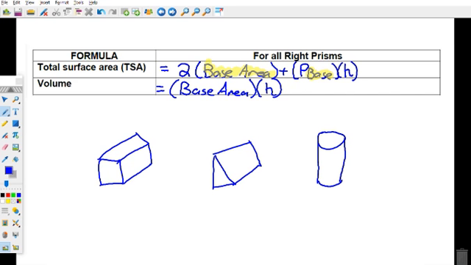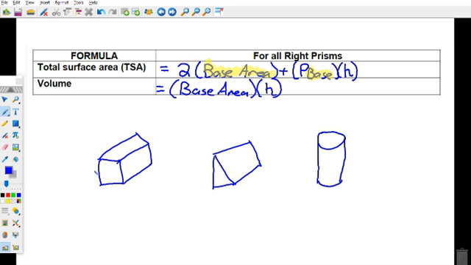Yes? So basically, what is the shape name, the base is that? Yes, that's exactly that. So if it's a triangular prism, what is the base shape? Triangle, perfect. And we know the area for a triangle, half base times height. Cylinder is going to be pi r squared. A rectangle or square or something like that,